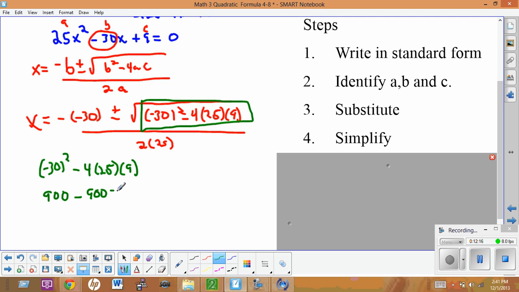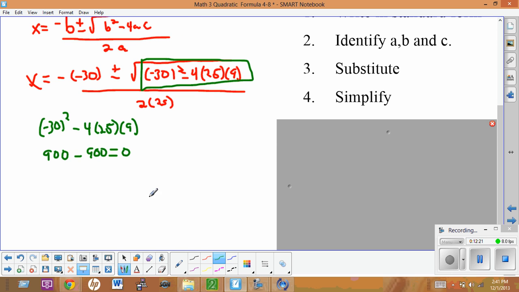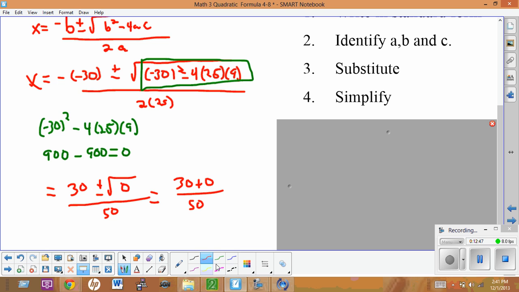Okay, let's go ahead and rewrite this problem and finish our simplification. So the opposite of negative 30 is positive 30 plus or minus the square root of 0 all over 50. We know the square root of 0 is 0. So this is 30 plus 0 all over 50 and 30 minus 0 all over 50. So 30 plus or minus 0 is simply just 30. So this is 30 over 50, which reduces down to